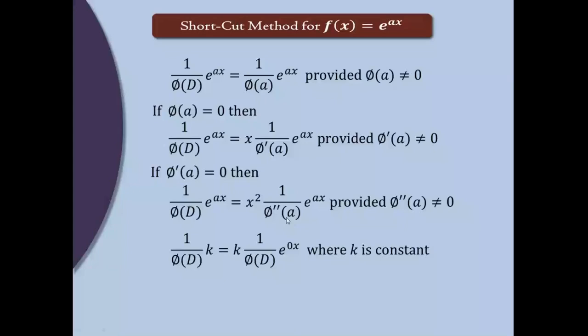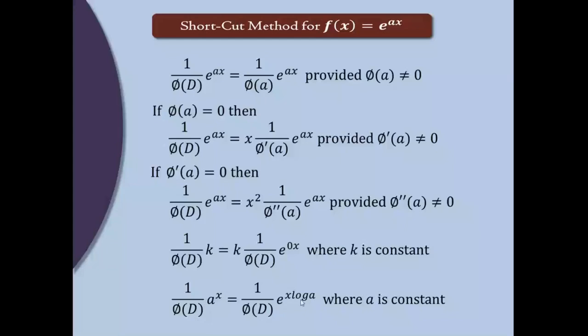Okay. The next is a raised to x. Now, a raised to x, we can write it as e raised to x log a. Now, why can we write it in this form? Any number can be written as the anti-log of the log of that number, e raised to log of this. E raised to log, the anti-log and log get cancelled and we get the original term again. So a raised to x, we can write it as e raised to log of a raised to x. And log of a raised to x is x log a. Okay, so this term is e raised to x log a.